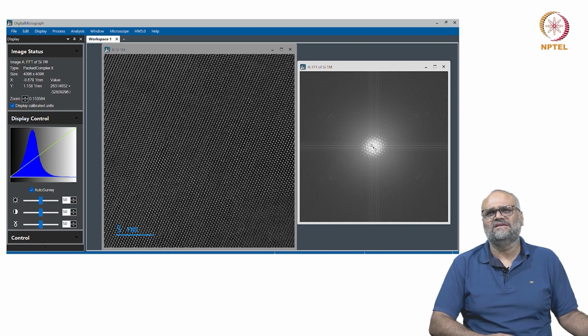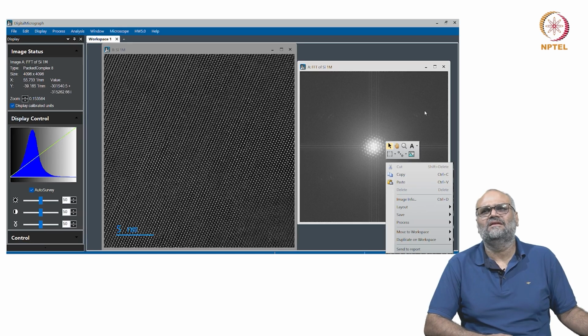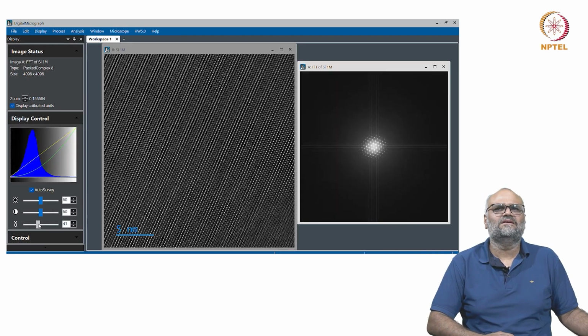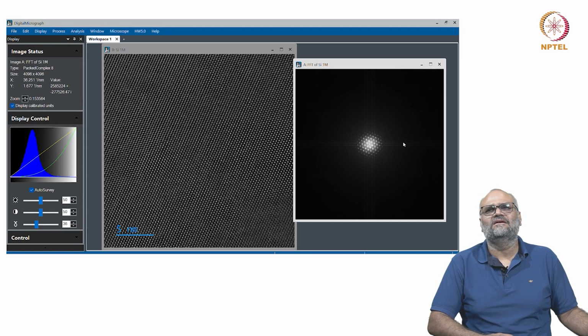So you can see that if I click this and I do the following, I actually get a mask, and right across, let me lower the gamma a bit so that this is visible a bit better, and